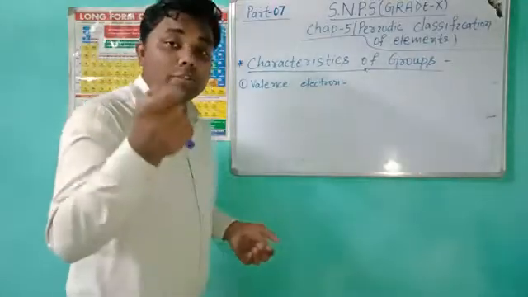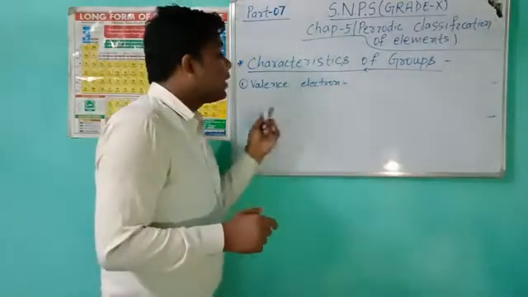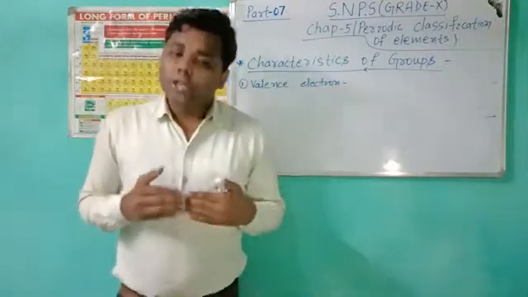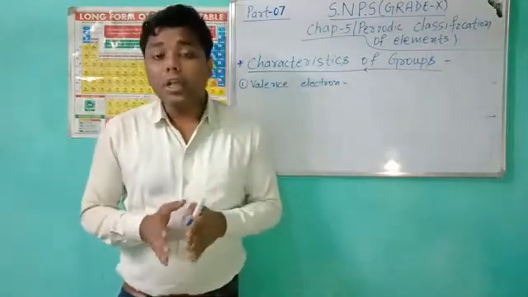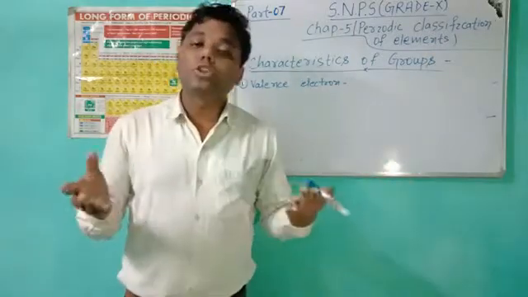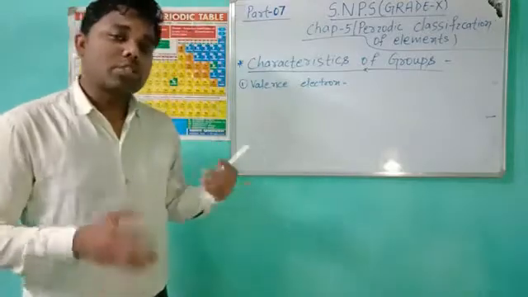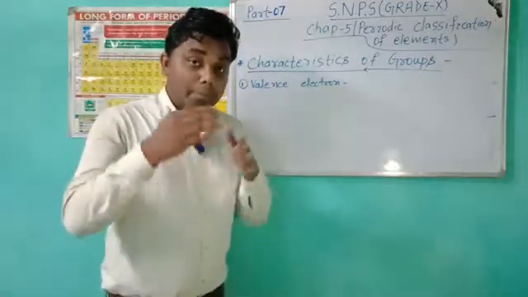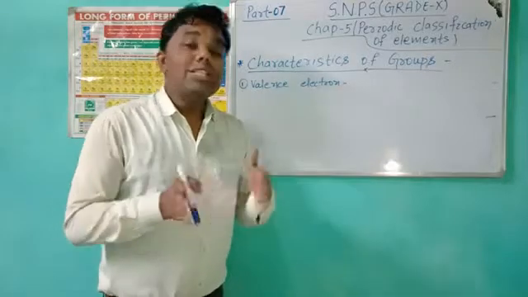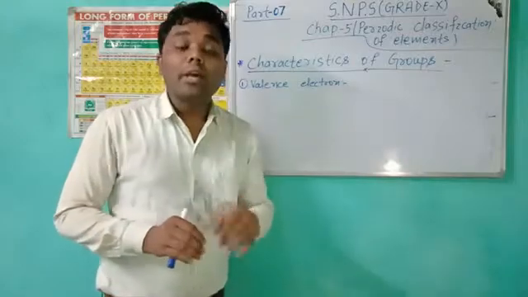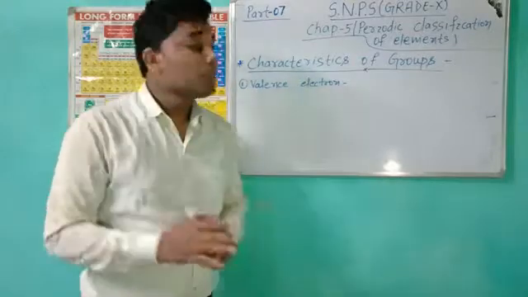So coming to our first characteristic, that is valence electron. What is valence electron? The number of electrons present in the outermost shell of an atom of a particular element is called its valence electron. Simple. And when we go top to bottom in a particular group, the valence electron of a group is the same. Why? Because